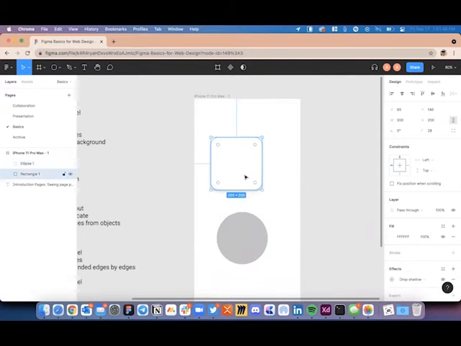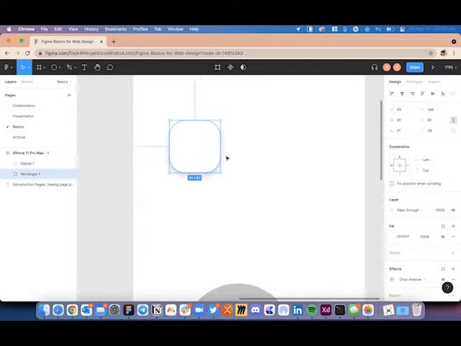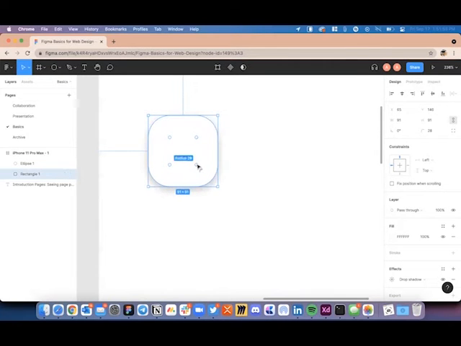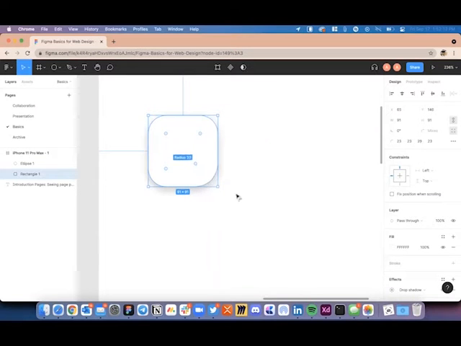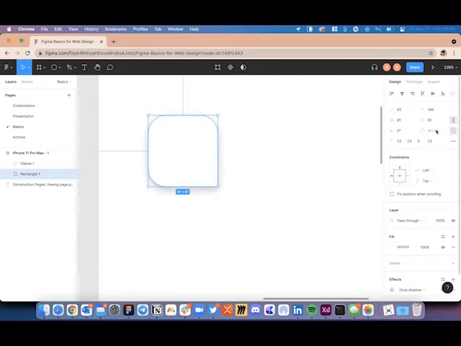Also, one more thing I forgot to talk about. You can also customize one specific corner radius too. If you just do this, it will automatically change it for all the four corners. But if you hold down the Alt key, it will allow you to change it just for that corner. Or you can also select this icon on the right side of the corner radius property to give specific corner radius values to each shape.